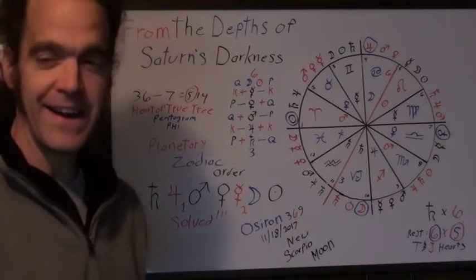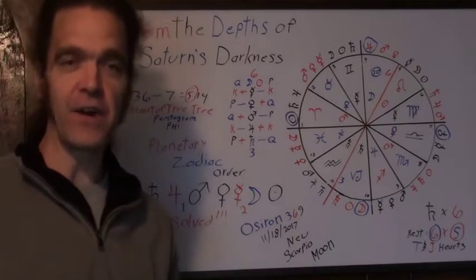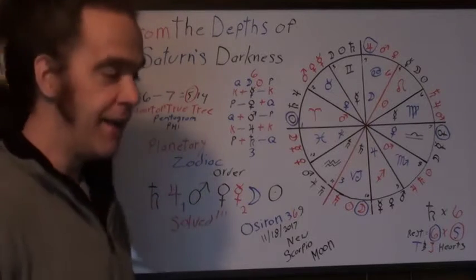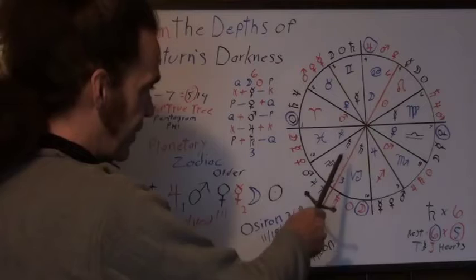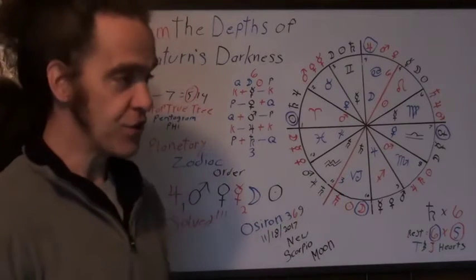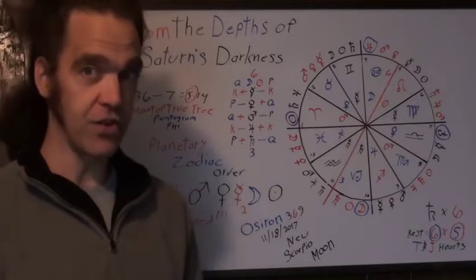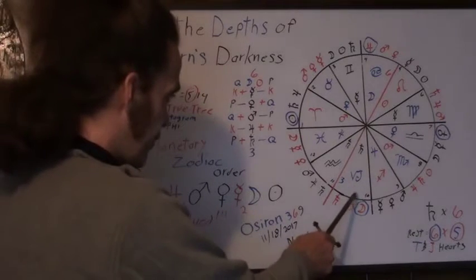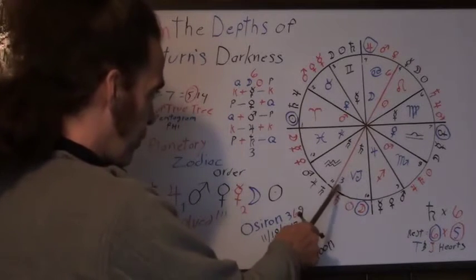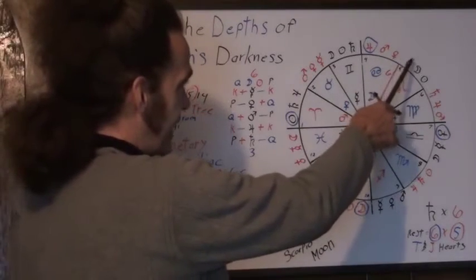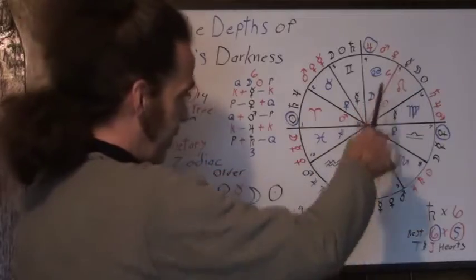Real quickly, I realize I've covered this probably 1,000 times, but there are some key points I like to cover again and again. One of them is how this 3-6 axis is derived. It's derived from the tarot cards that go there on the Osiron Tarot Spiral. The High Priestess and the Magus, cards 1 and 2, form a 3. It goes around, cards 7 and 8 form 15, that reduces to a 6, and that gives you the 3-6